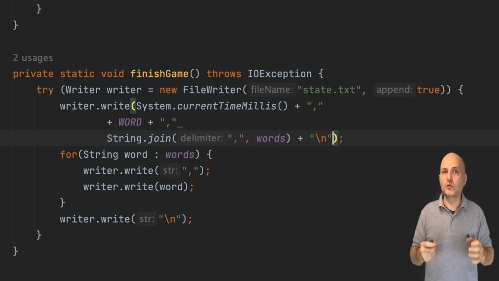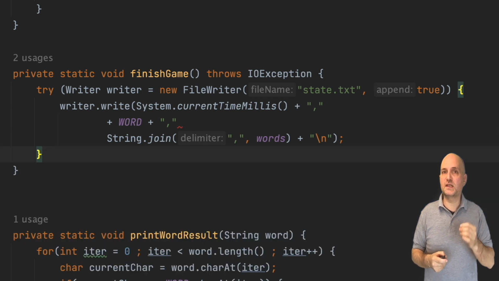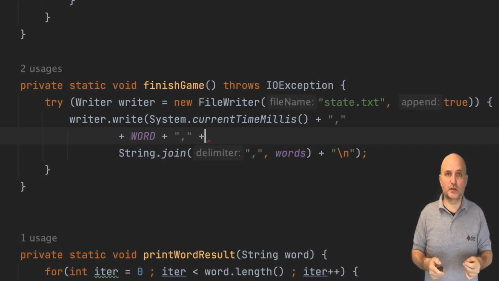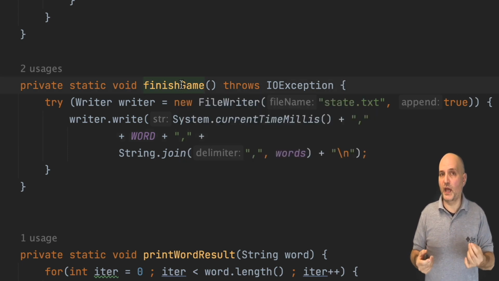We break a new line, which is fine. This is all part of the same statement thanks to the semicolon that's at the end of the actual statement. We can use the string join method and provide it with a delimiter, which in our case is a comma character. We have a missing plus sign we need to add here.